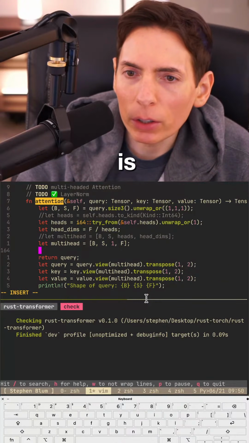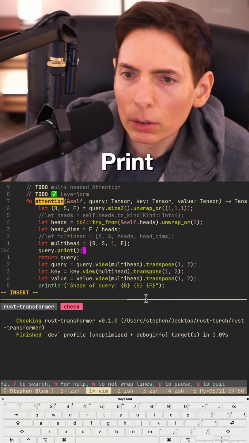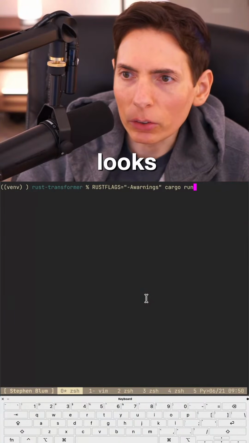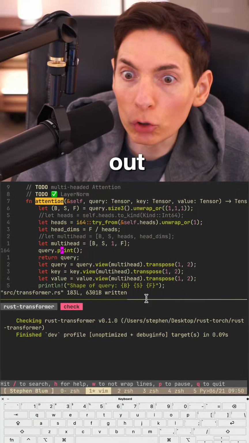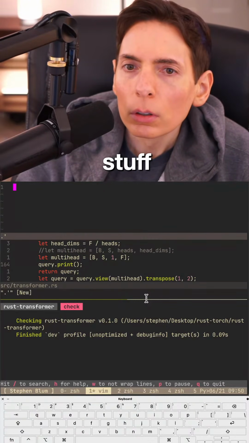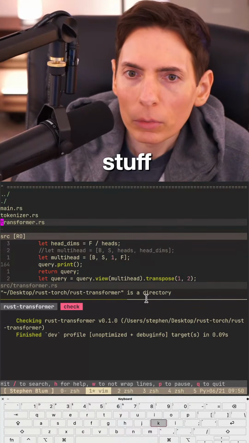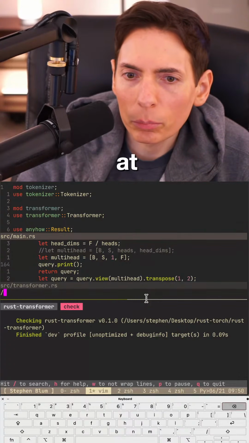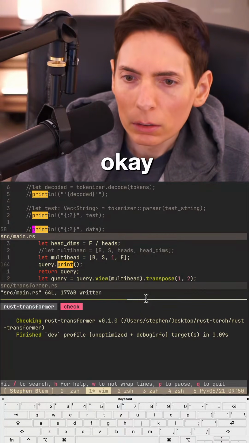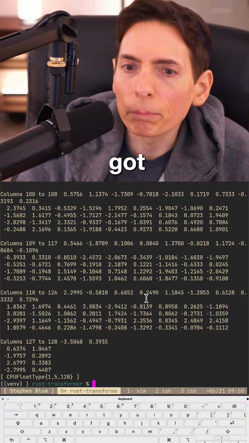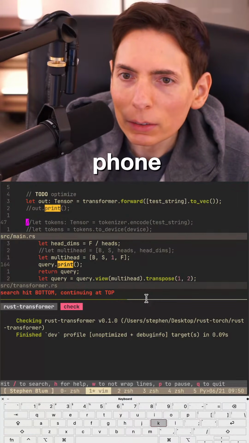So what we're going to do is say query.print so we see what that looks like. And then we need to turn off other prints here because I'm printing out too much stuff. Let's see, where's our main at? Let's not print that for now. All right, see what we got.